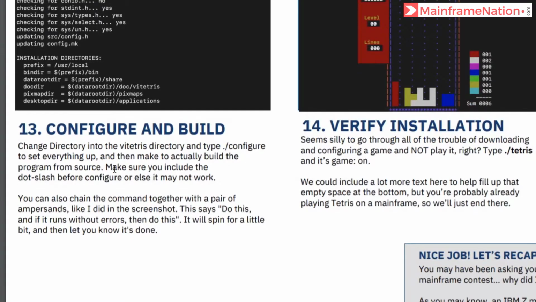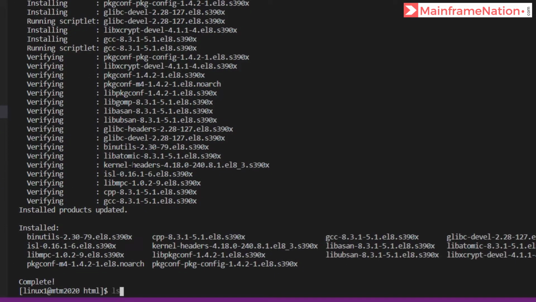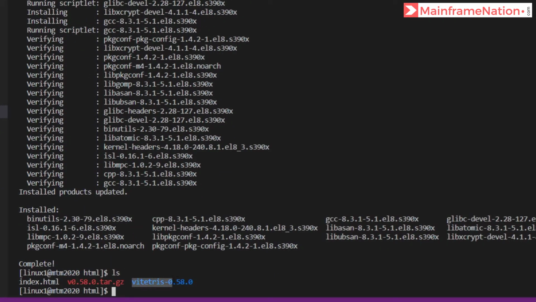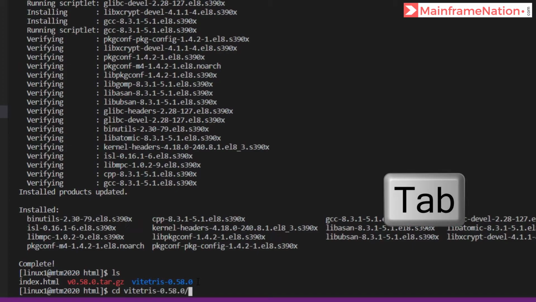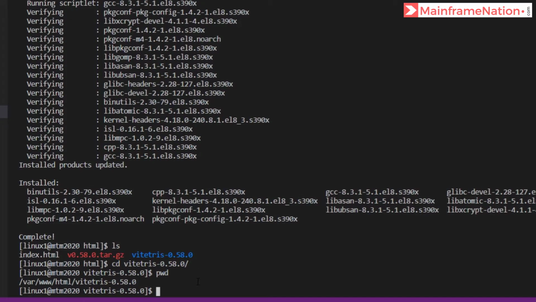Let's go to step 13. So now we have to go to the Vitetris directory. So here is the Vitetris directory. Give here cd vit, press tab, then press enter, then give pwd to see the present directory. So our present directory is Vitetris. Then give here ./configure.